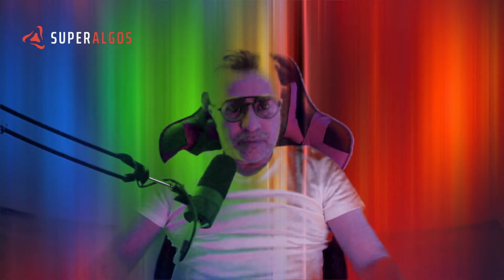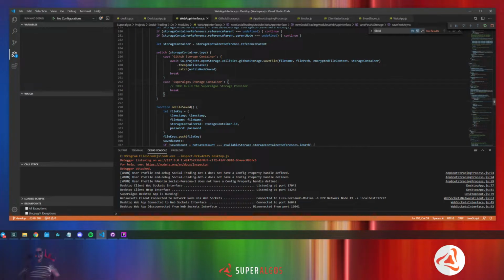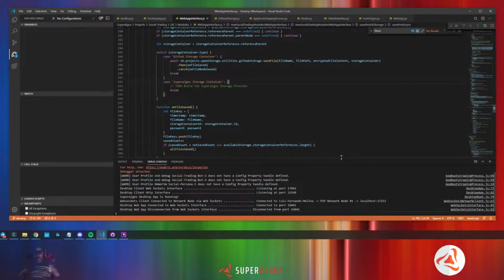Today we're going to be working at organizing a little bit better what we have at the desktop or the network client, in particular the desktop app, so as to organize the structure there because as you can see at the code, we have this web app interface that original idea was coming from